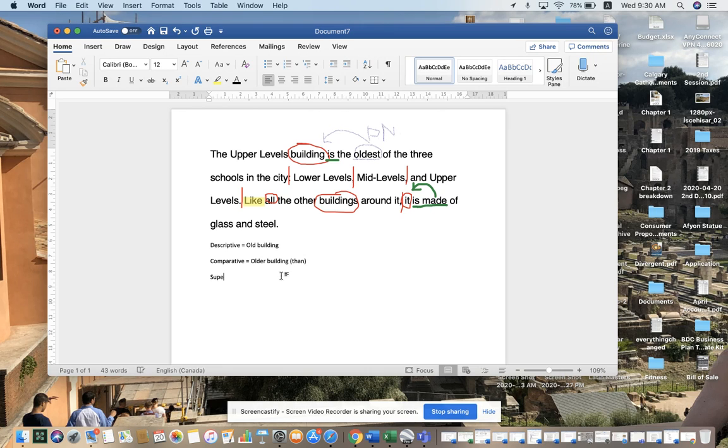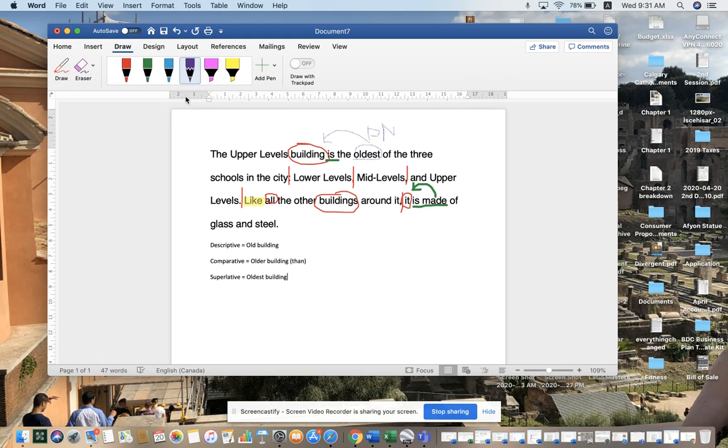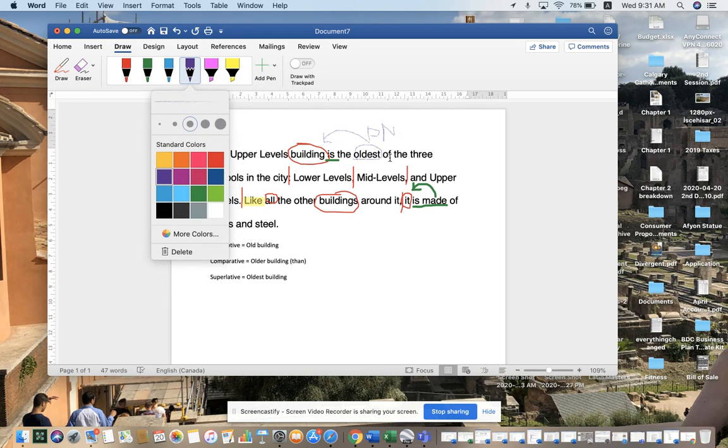And superlative, from the Latin word meaning to literally lie above something. It means it hovers above everything else. And this is oldest building. So when we get a superlative, we are saying that something is the best and everything else is not. Usually it will follow the possessive, and notice how nicely this is following a possessive. We have of,